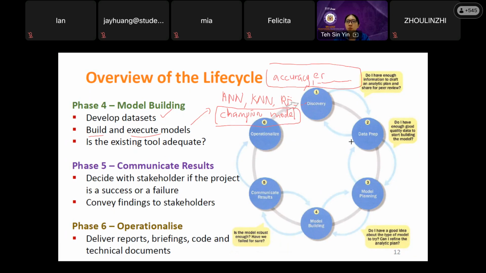Time and speed, a long time ago, 10 years ago, 20 years ago, was one of the important factors. But now, because of the technology, time is no longer a major concern because most companies have quite powerful servers to run the analysis.